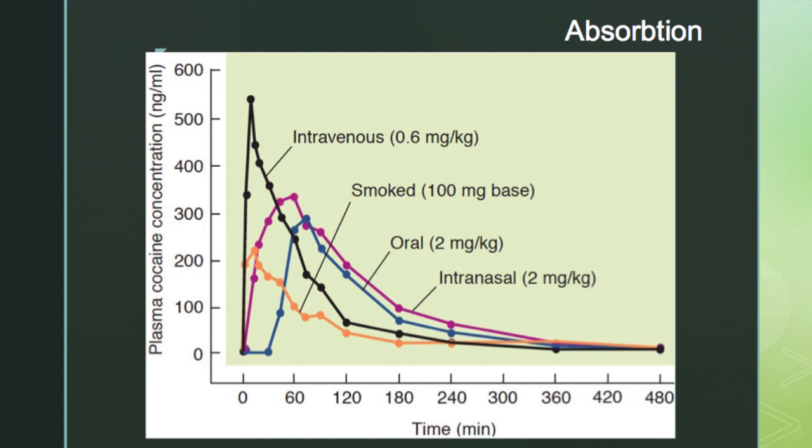If you look here, intravenous is probably the shortest time with the highest potency, but it declines pretty rapidly. Whereas if it were intranasal, it's still a pretty quick lag time and high potency, but it lasts a little bit longer than if it was administered intravenously. And obviously, smoking and oral are other ways that it can be introduced,